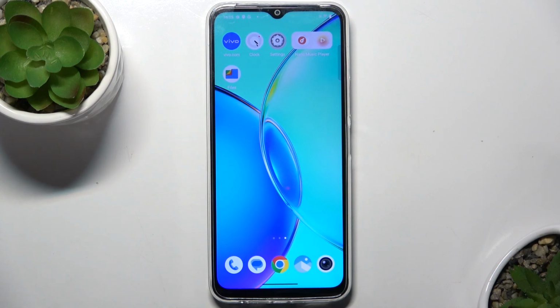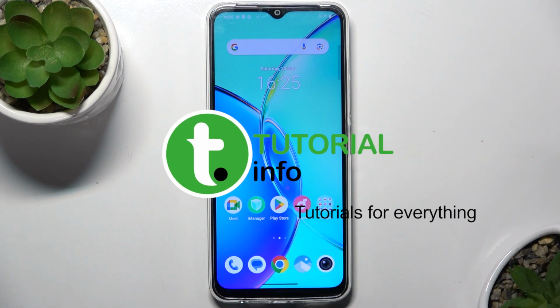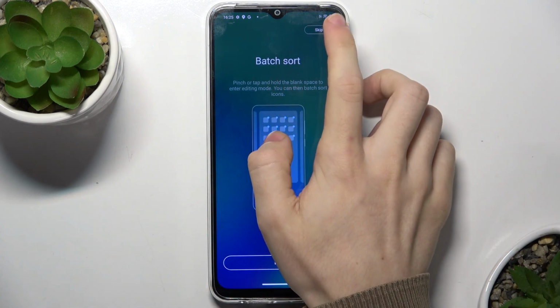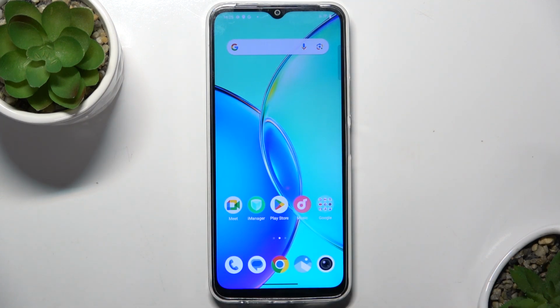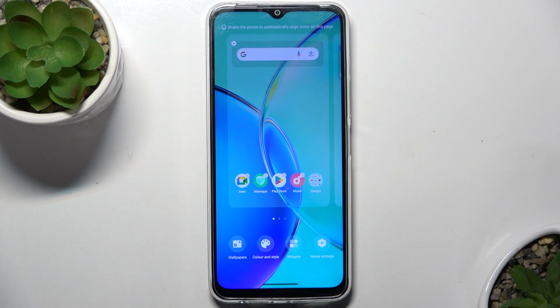Hello, in this video I'm gonna show you how to add and remove home screen widgets on VIVO Y27. To remove a widget, press and hold on it, then tap on Remove. To add a new widget, press and hold on some free space on your home screen,